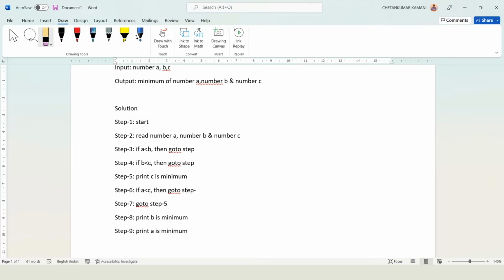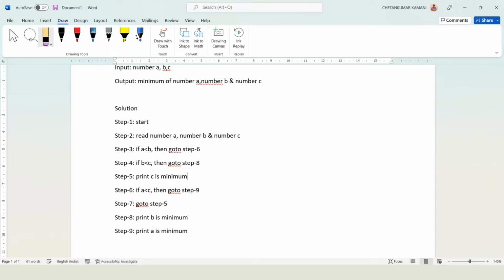If A is less than C, then go to step 9. If A is less than B, then go to step 6. If A is less than B, B less than C, then go to step